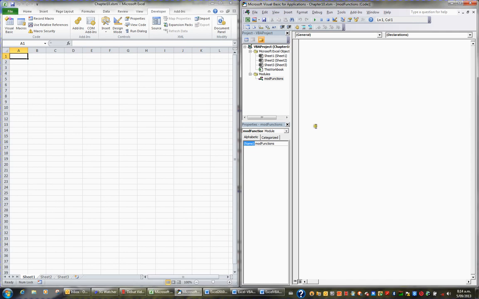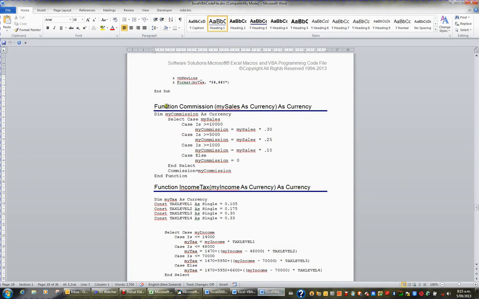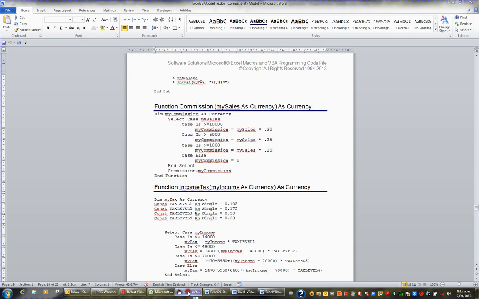Now, instead of a sub-procedure, we're going to create a function, and again you can type it from scratch if you want, but I'm just going to grab the code from the code file. The code I'm after is a function called commission, so I'm going to highlight this information here, take a copy of it, and put it into my Visual Basic Editor,